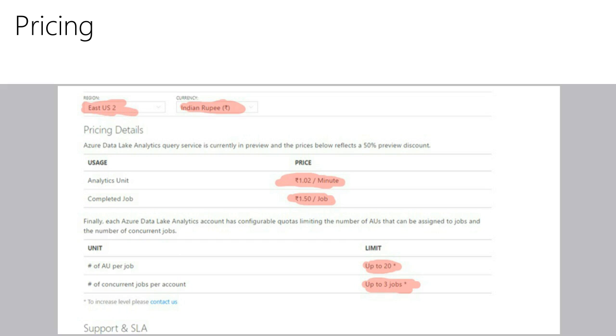And you have to understand that currently this service is in preview, and for any service in preview on Azure there is a 50% reduction, and once the service goes live, the cost will be doubled. So while we get into the deeper insights of Azure ADLA and ADLS, we will also look at how you can cost-effectively run your big data workloads without worrying about the compute units or Azure Data Lake units.